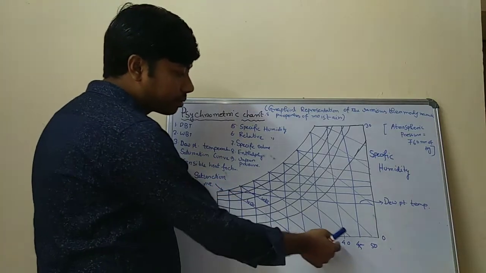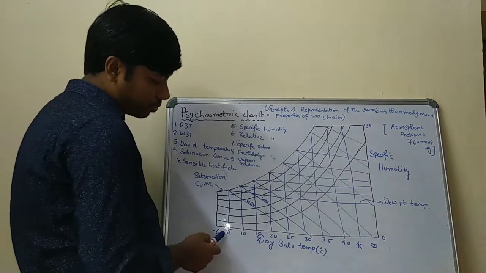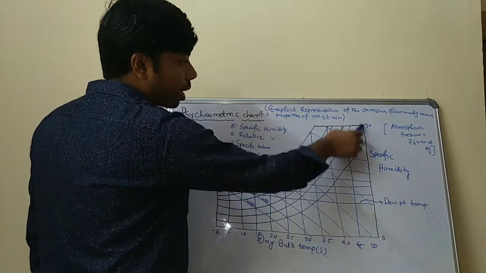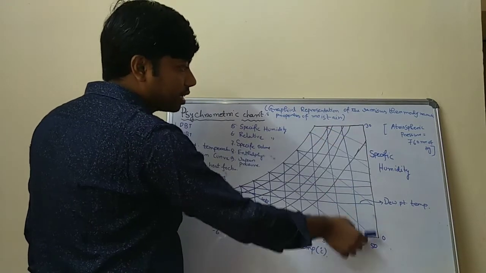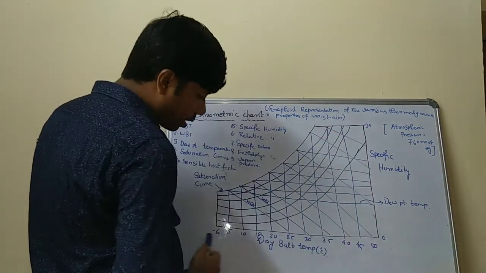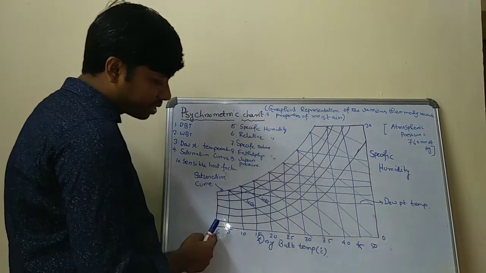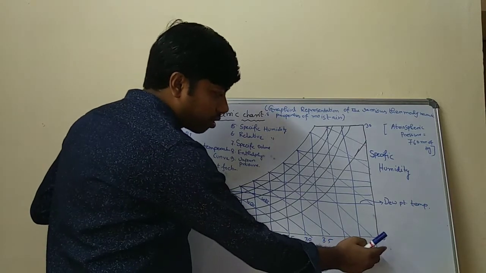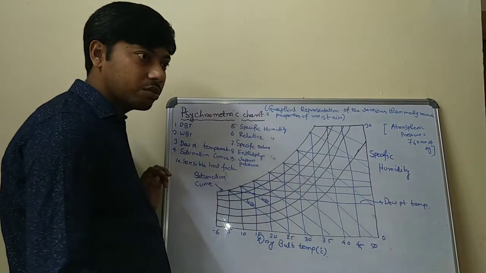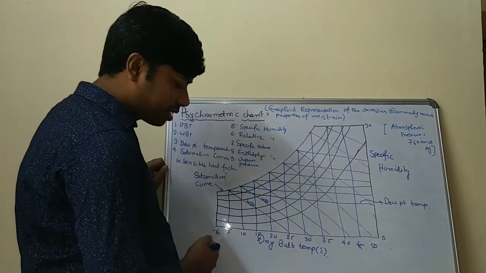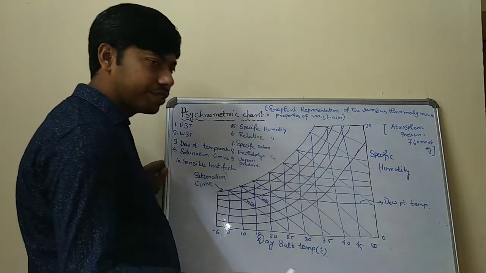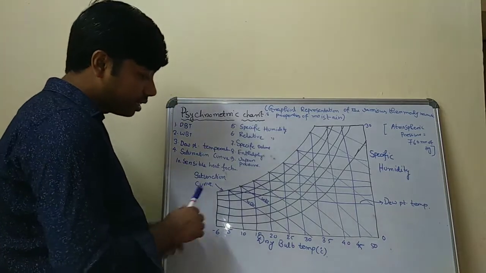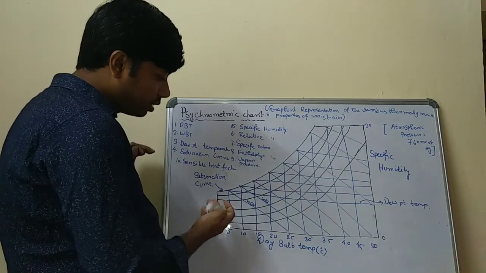So these are the dry bulb temperatures on the x-axis, and this line is the y-axis. You can say this is basically the specific humidity that is indicated. Now, the dry bulb temperature, as you see, starts from -6 to 50 degrees, or 45 degrees centigrade, depending on the psychrometric chart. So basically -6 or -10 to 45 or 50 degrees Celsius is the range for the dry bulb temperatures, and these are the lines.